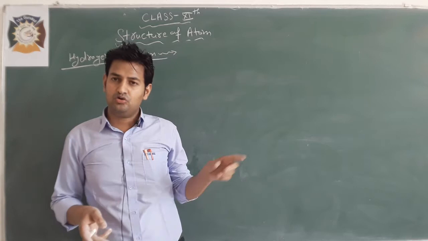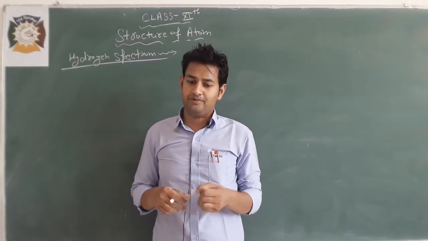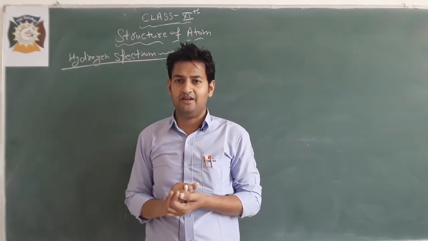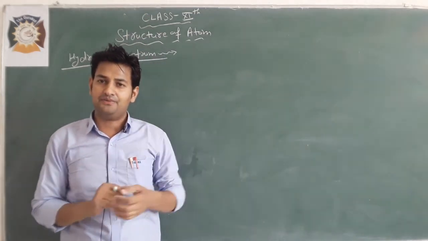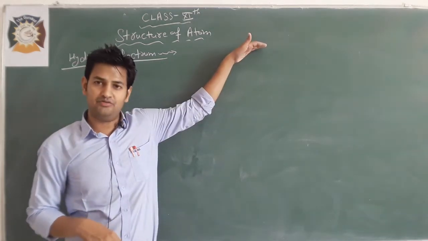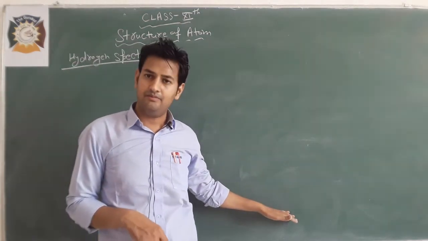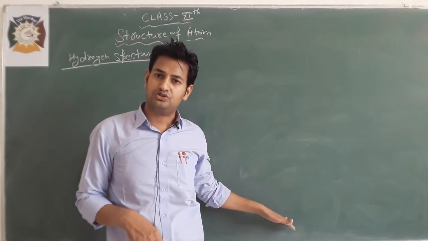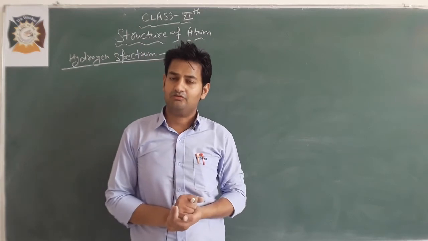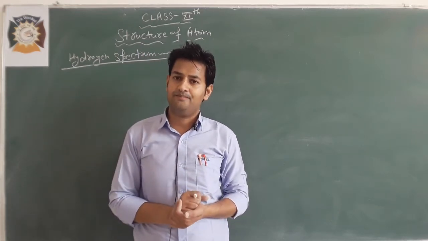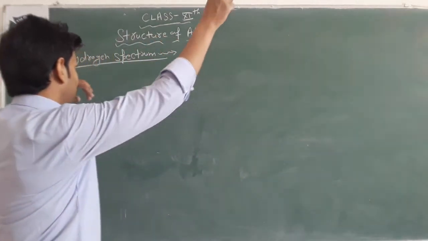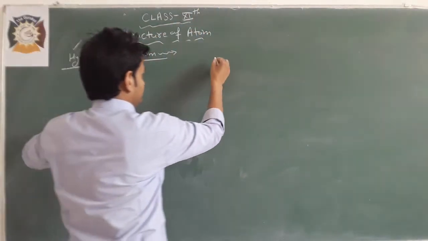But when the electron goes into the excited state, leaving its ground state, its lifetime in the excited state is very low. The lifetime of the electron in the excited state is very low, so they will come back into the ground state through a number of jumps. There are several ways through which the electron can jump back into its ground state.